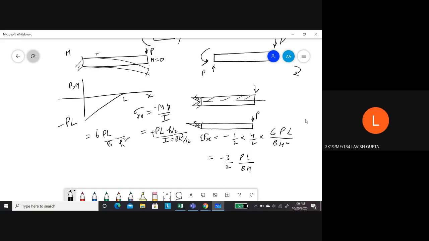Okay, another thing, the load diagram, but you have to also multiply with the width direction. The whole thing is repeating along the width. So you multiply with the width also to get the total force. So you are getting minus 3 by 2 PL by H. Okay.